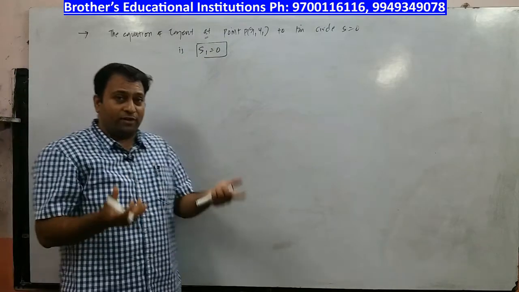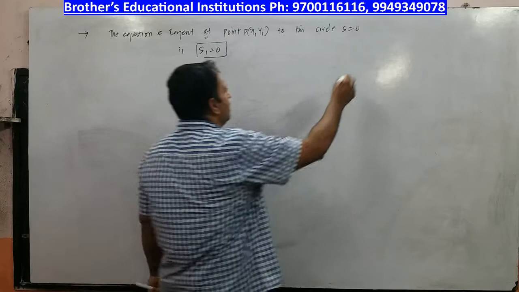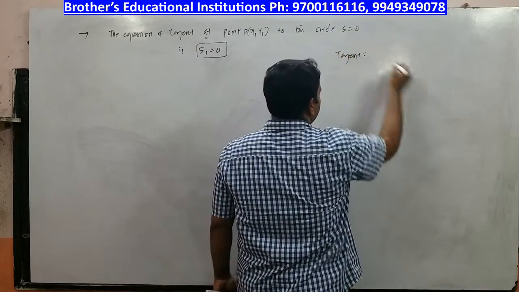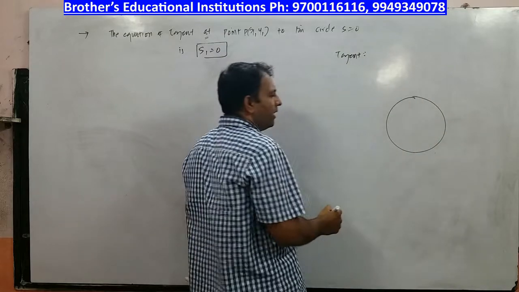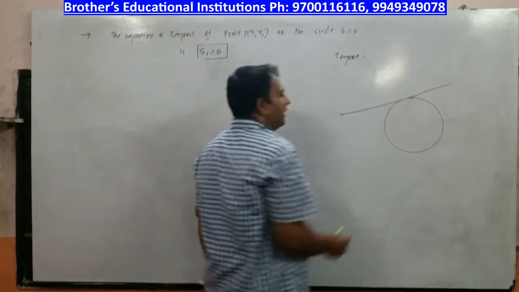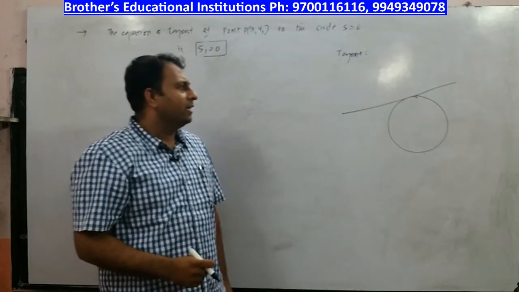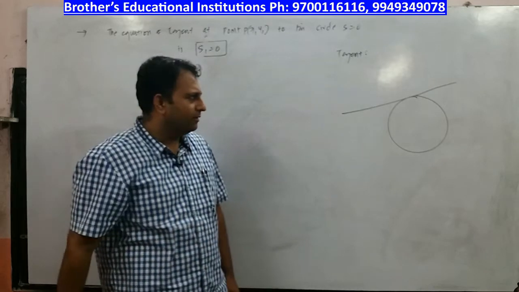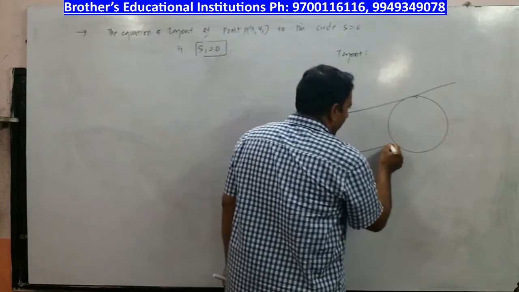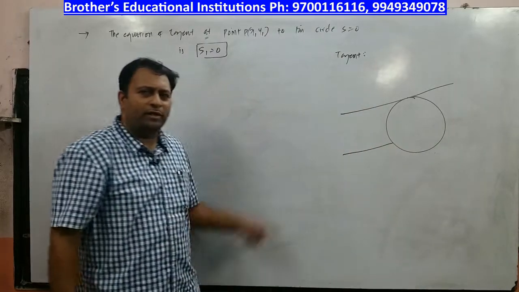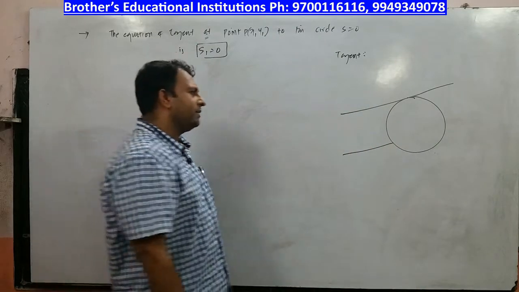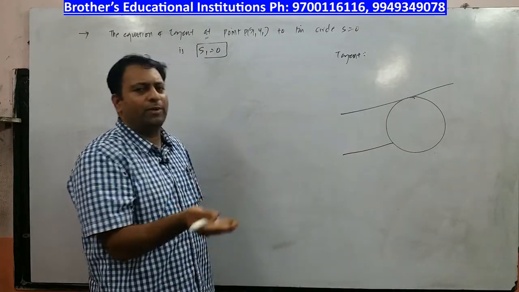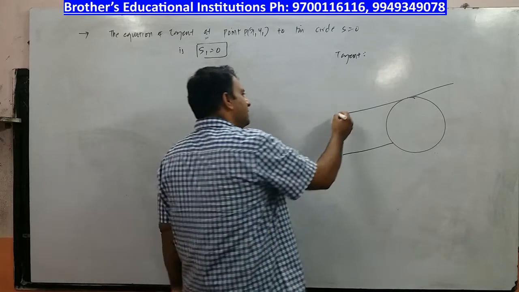But we have forgotten to give the definition of tangent. Can you tell me what a tangent is? Now there is a line. I will draw what a tangent is. Many students will say a tangent is a line touching the circle at a point. Now this is also a line touching the circle at a point. Will you call that a tangent? No, right? Since it is touching here, it is closed. It is becoming a segment. Whereas this is a ray.